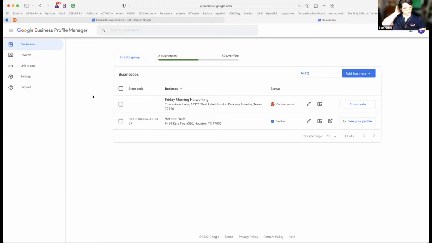So we're not going to talk about playing games anymore with virtual spaces and virtual addresses. There is a service area option if you don't want your address on there. Of course, it is not as powerful, but at the end of the day, there are options for you that may or may not have existed previously.